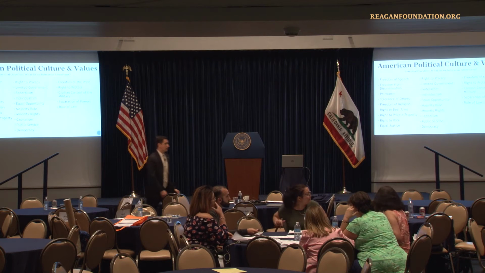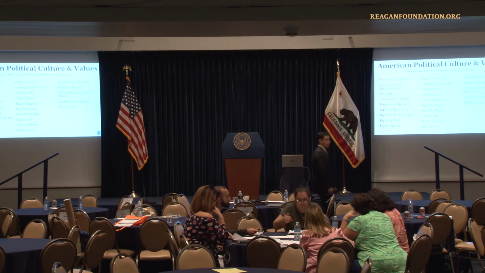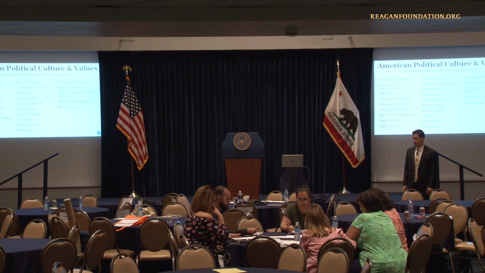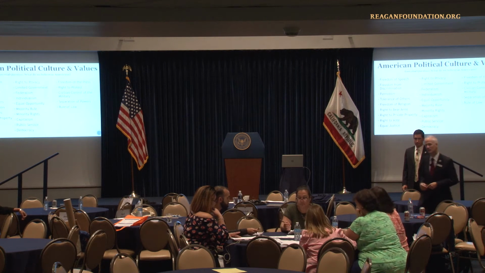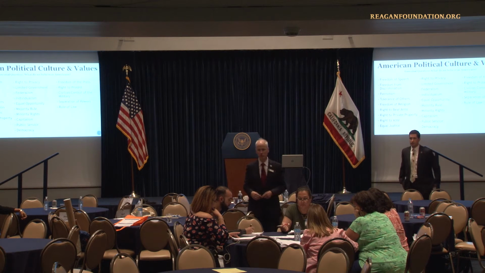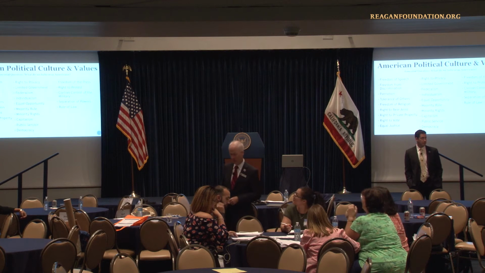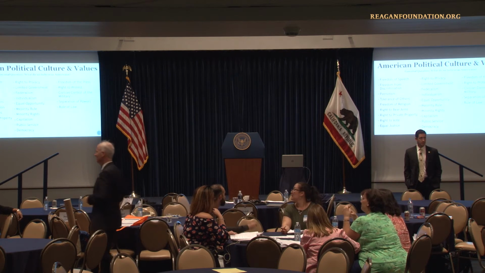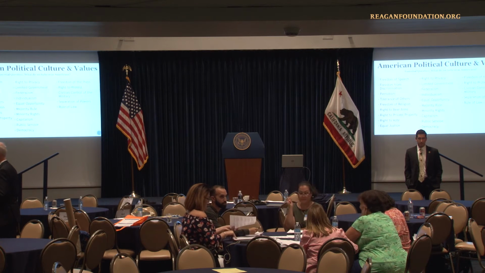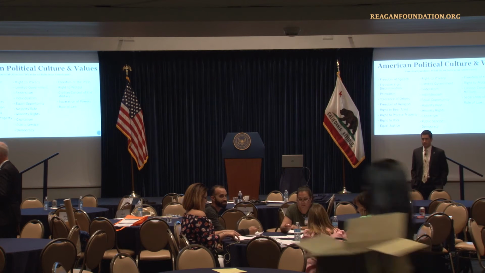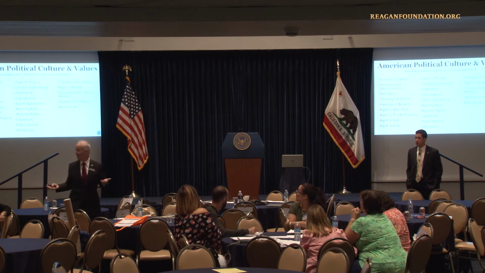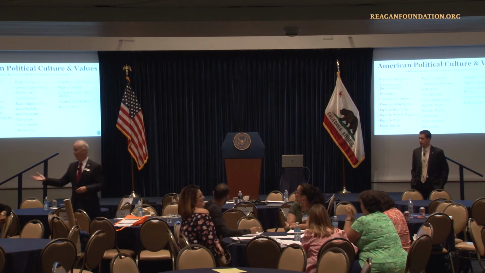Okay, it was right to vote, freedom of speech, freedom of religion, equal opportunity, and democracy. Okay. Middle table. Freedom of speech, equality of others, freedom of religion, right to vote, equal opportunity. Okay. And over here. After debate, we talked about it, and we said freedom of speech, rule of law, freedom of religion, democracy, and private property.